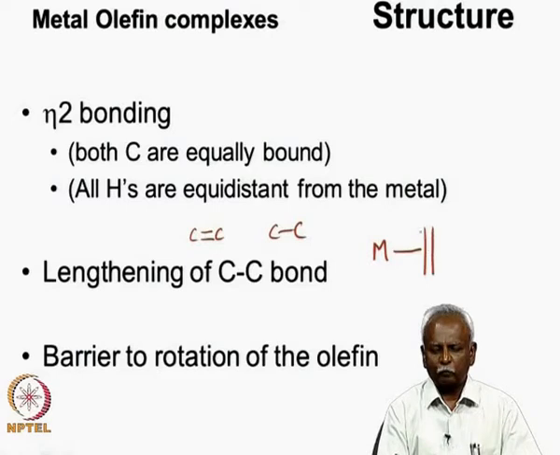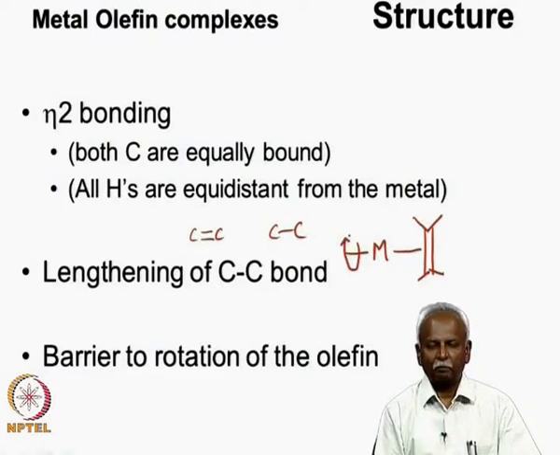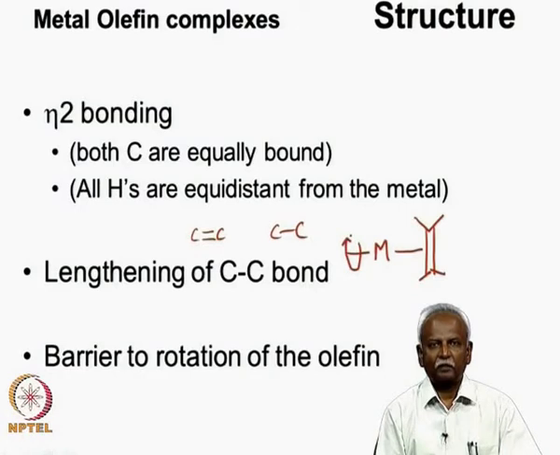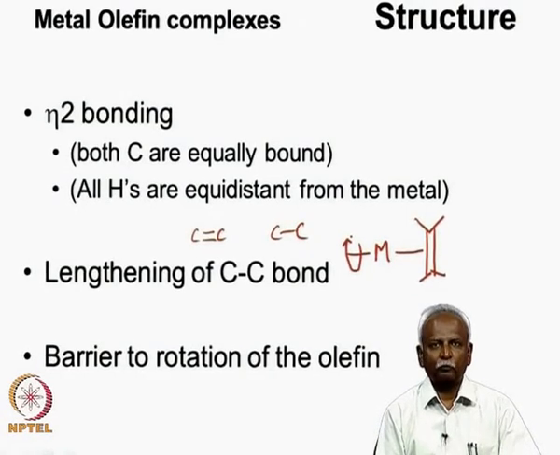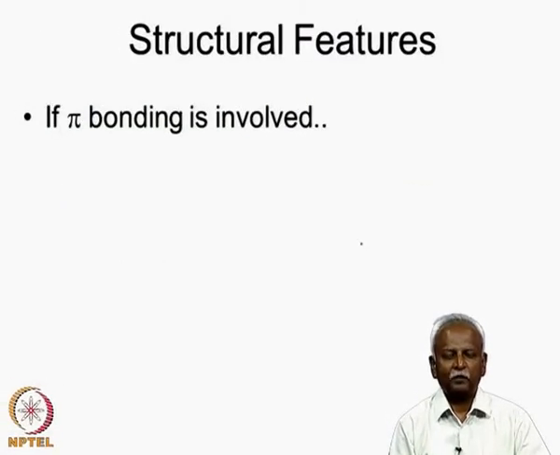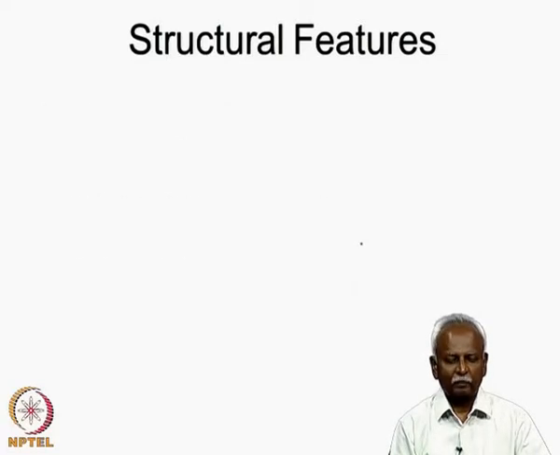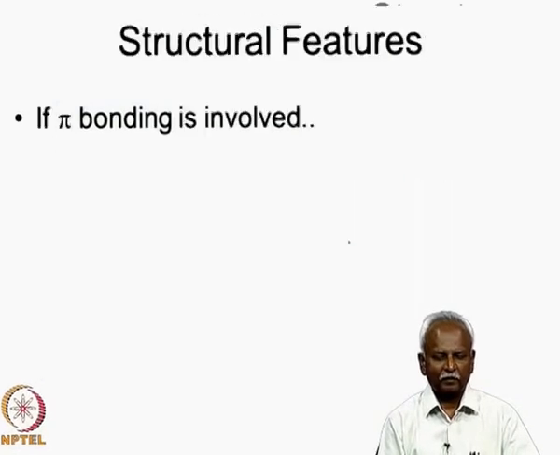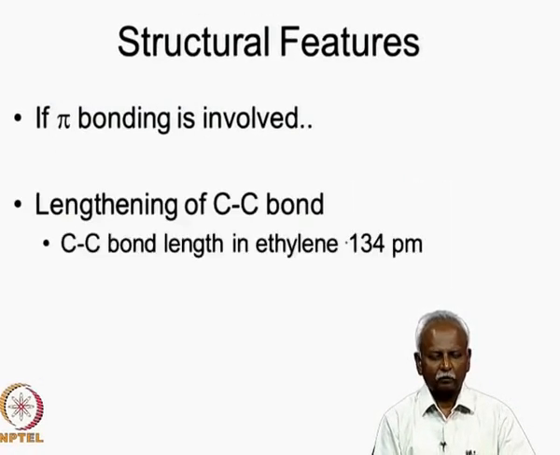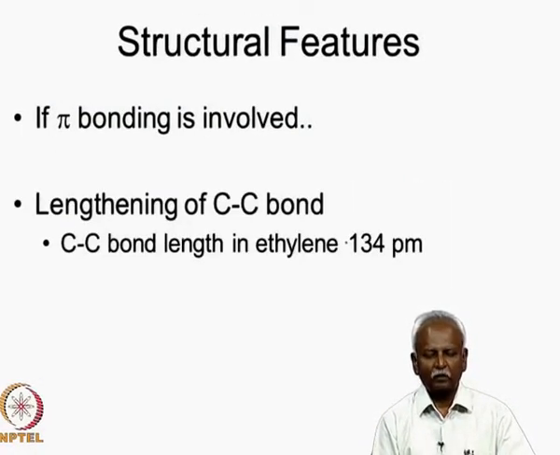So, if this is the olefin that we are talking about, then in this axis you can rotate the olefin or the metal complex with respect to the olefin, but this rotation has a barrier, and this is because of pi interactions between the metal and the olefin. All these factors have to be explained, and we will be able to explain each one of these factors using some of our